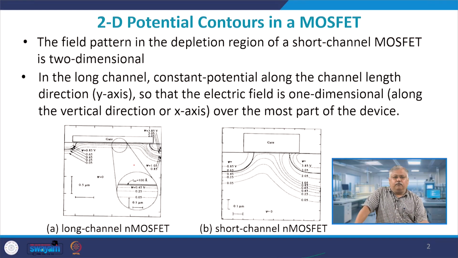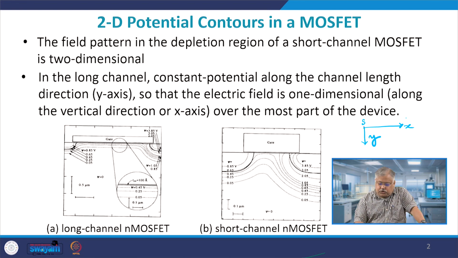If you look, this is basically a two-dimensional contour plot of a MOSFET. When I say two-dimensional potential plot, the two dimensions are x and y. Let me assume this to be x and this to be y, where x is from source to drain, and the y direction is from gate to the bulk, the body. What is the third dimension? The third dimension is actually